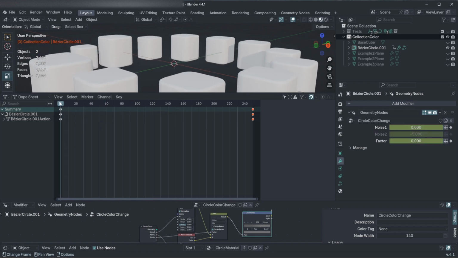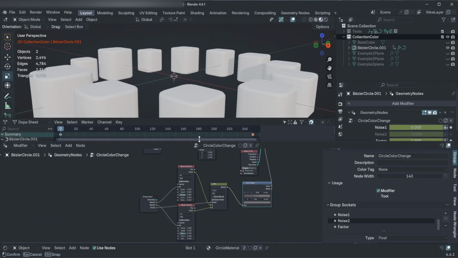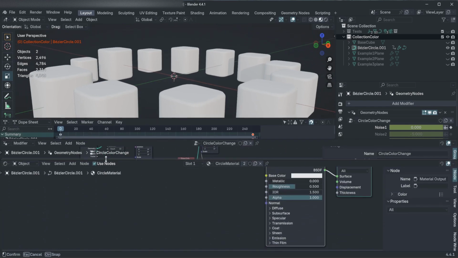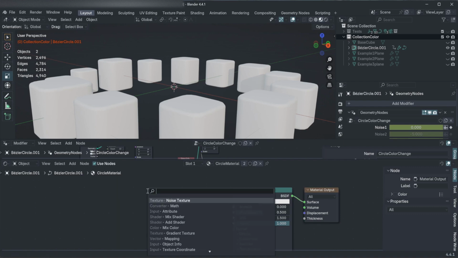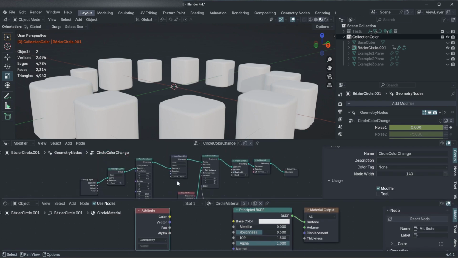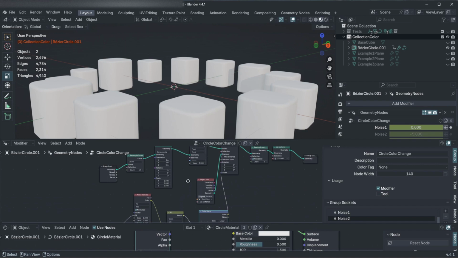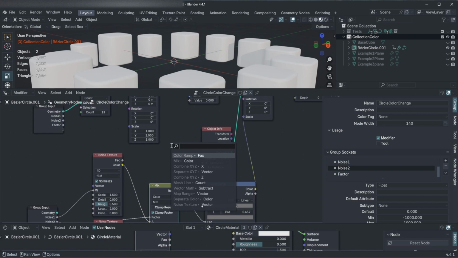Now the next step will be adding color to these. So to add color, I can join this down to save room. I can go over to my shader editor, right click, Shift A to add an attribute. And I'm going to go to my stored attribute up here. What I need to do is take this mix and plug it into a color